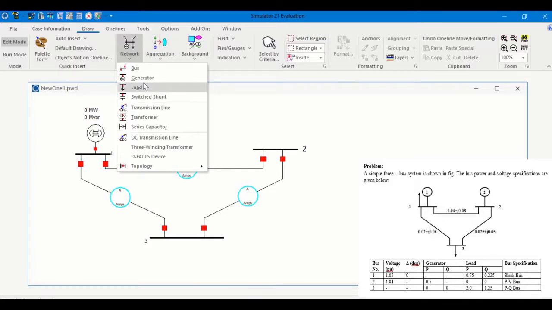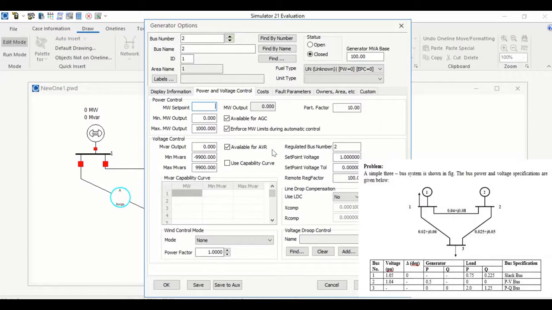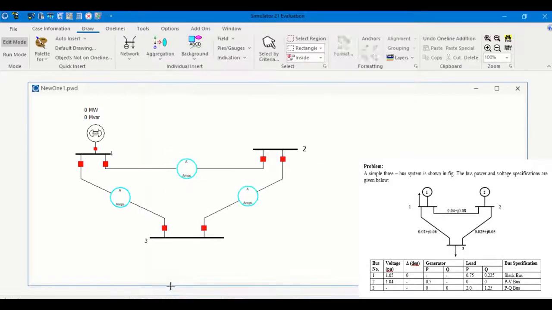And now you have another generator at bus 2. So click on bus 2 and the set point is given, which is 0.5, so it is 50, and just click OK.